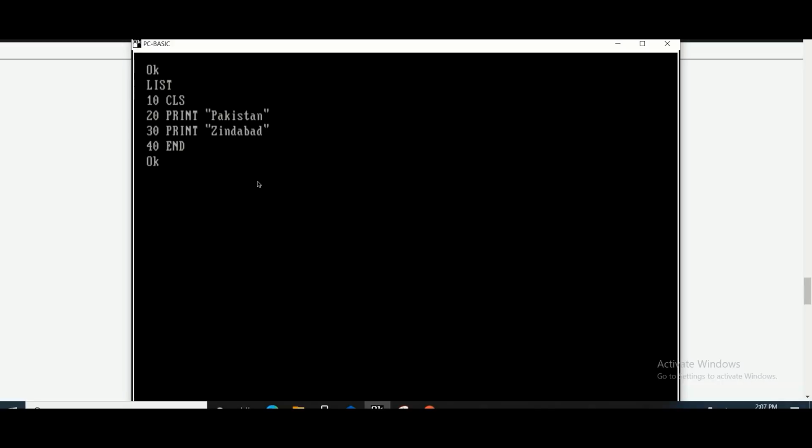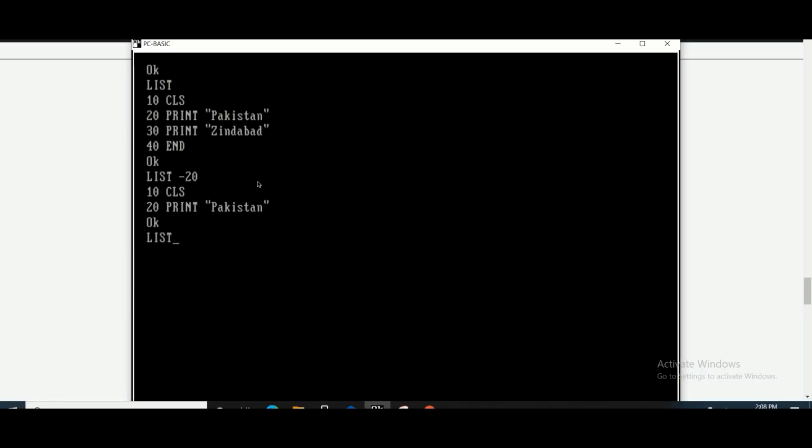But with list command, I can use some parameters also if I want to. For example, if I mention with a dash the line number, this is the last number: from the first line number to this line number, it will show all lines. So I wrote here minus 20. It means that from the first line number to 20, it will show all lines.